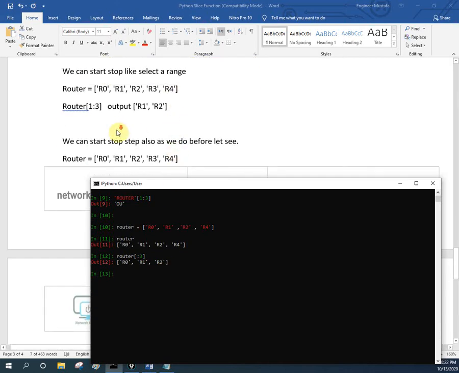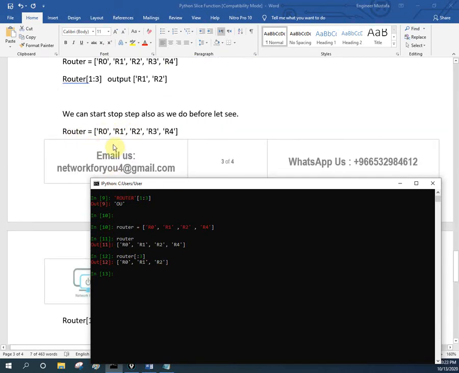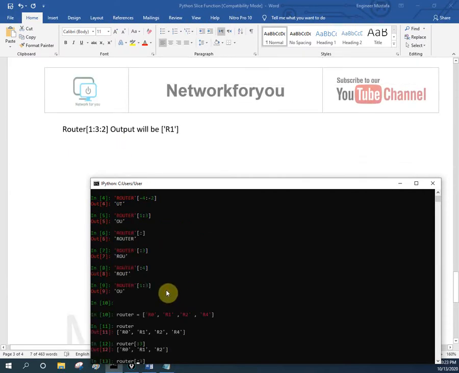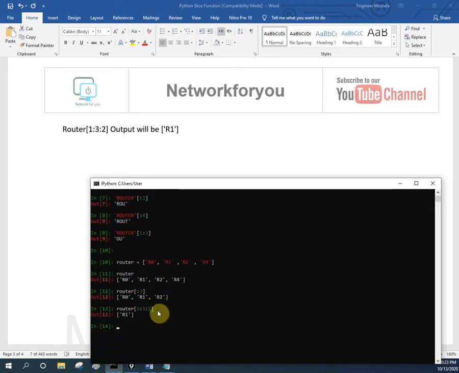If I want to include the step here, let me write it also, so you will have the idea. Here I will write from 1 to 3. Then I will write the step at last, any 2, and press enter. Step means it will skip every 2nd value.